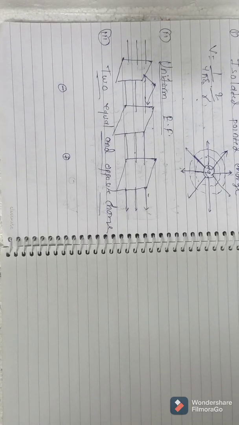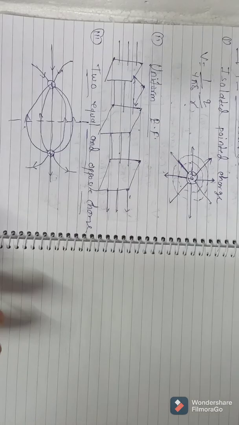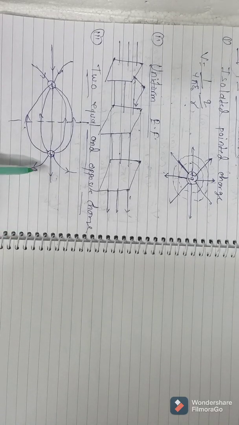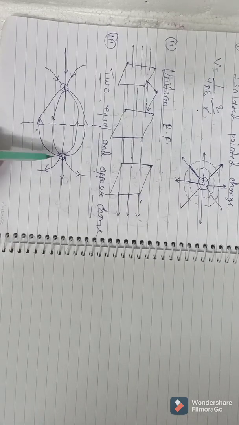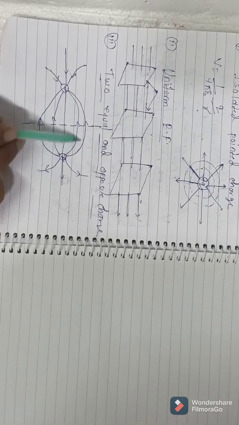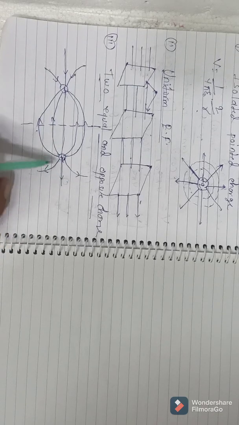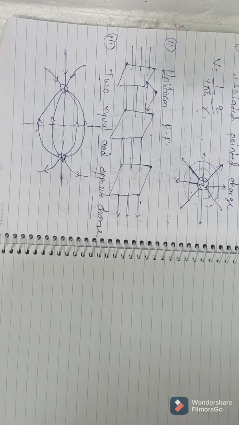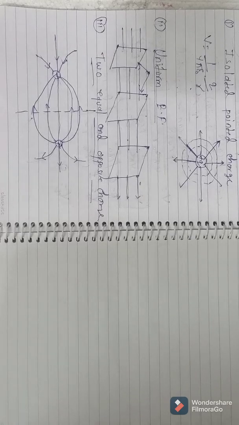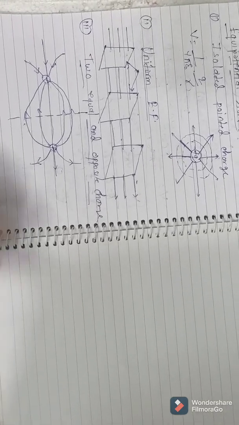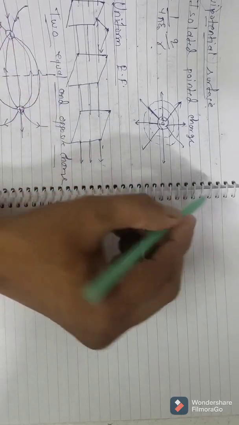The equipotential surfaces are close together in the region in between the two charges. And this way we can draw the equipotential surface for two opposite charges. You can see the field is going from positive to negative. Into the negative charge, many electric field lines are coming, and from the positive charge, electric field lines are moving out. So this is the equipotential surface for two equal and opposite charges. One more case is there: the equipotential surface for a pair of similar point charges, which you can do by yourself. Now we will study the properties of equipotential surface.